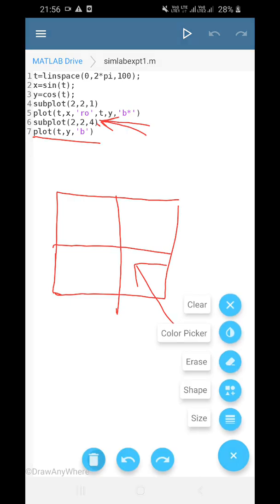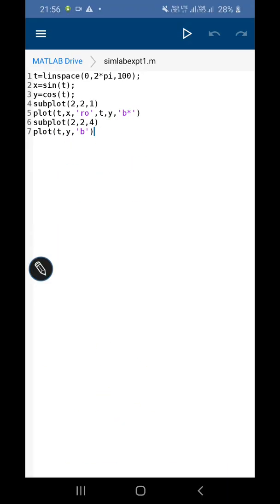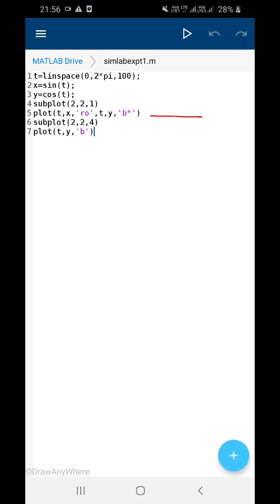So let me tell you what is written in this plot window. First, see the 5th line. There you have written plot t comma x comma single inverted comma ro. Inside the plot command you are mentioning what is on the x axis. So t is on the x axis and the x function is on the y axis.